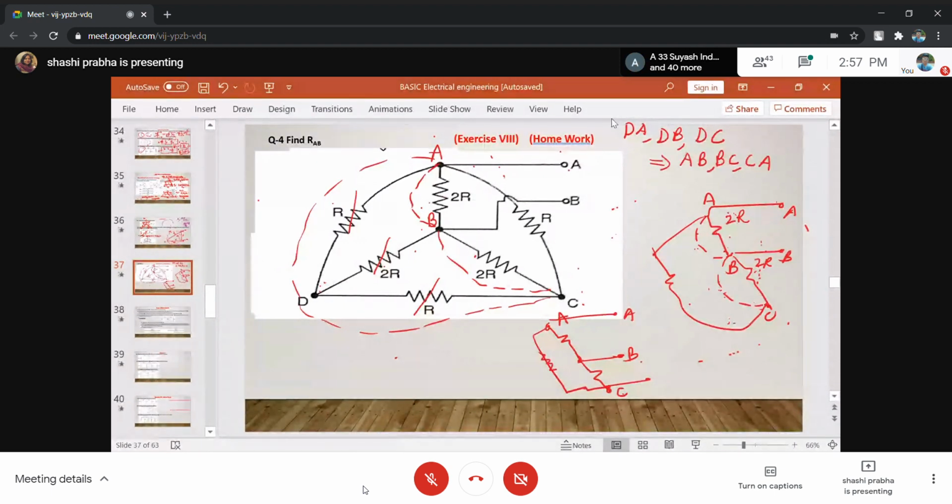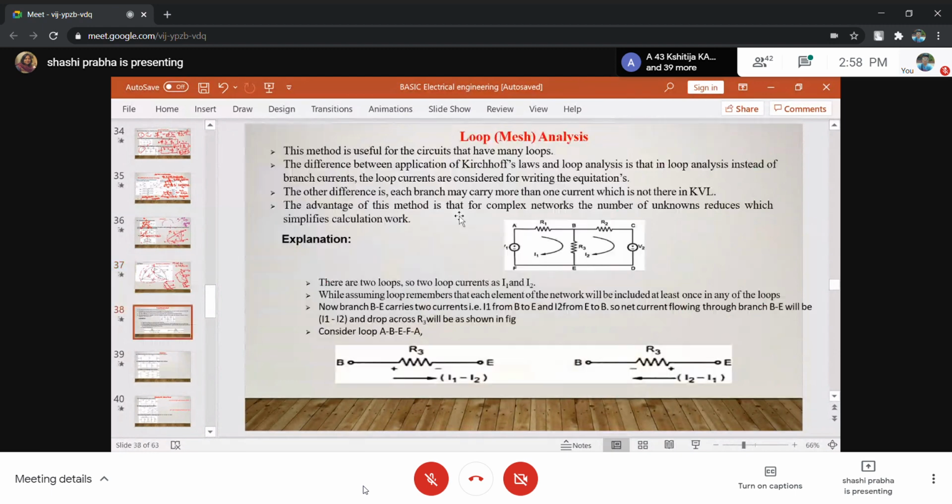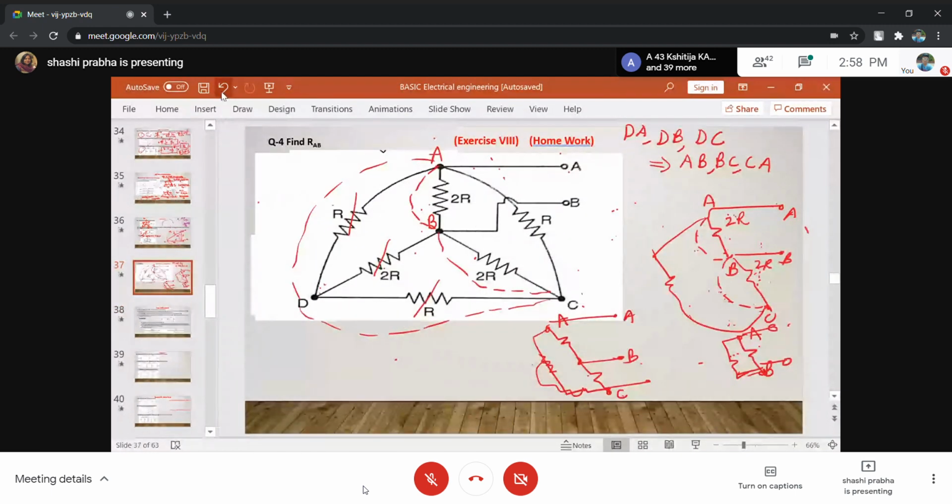C has no value. So can you take these two together? Yes. Then this is A, this is B. And these two, we will combine both. Then it becomes this. Then you can find the resistance between A and B. Combine these, then take this in series with it. Then it becomes a single resistance. Combine these two, then you can find the resistance between A and B.